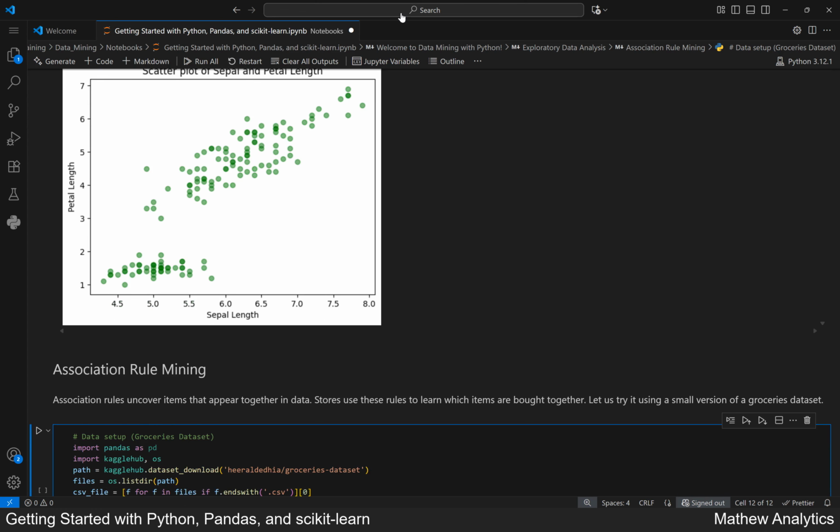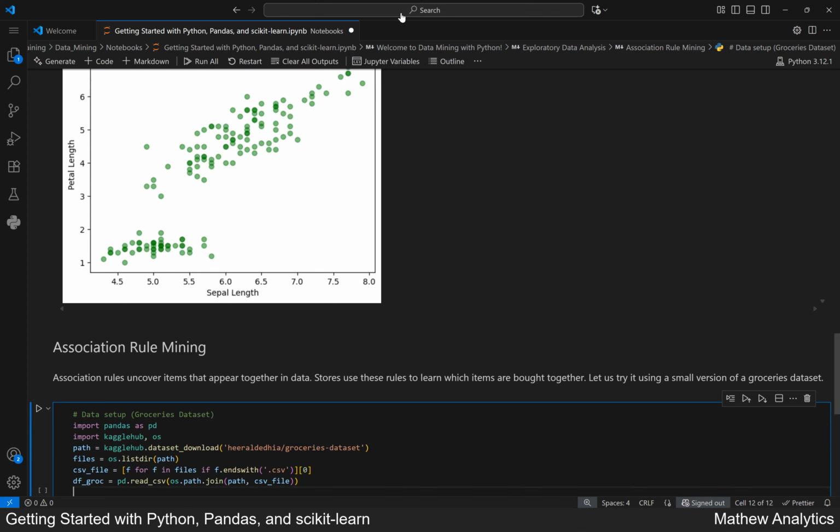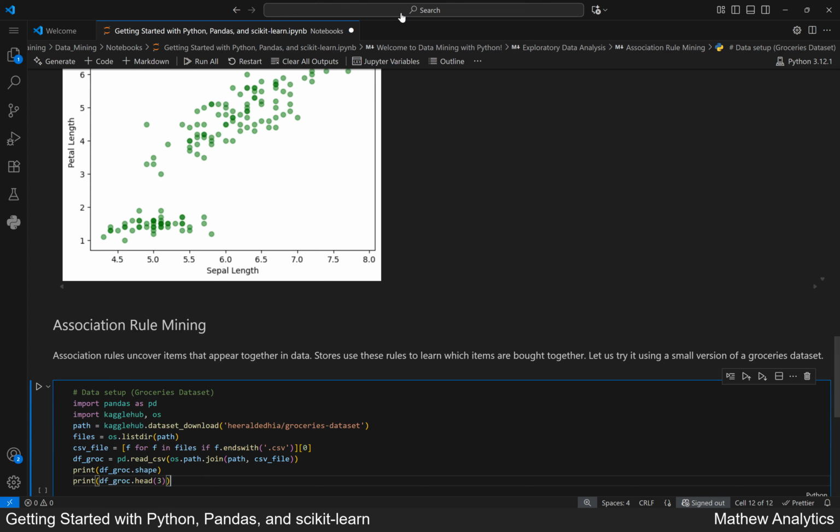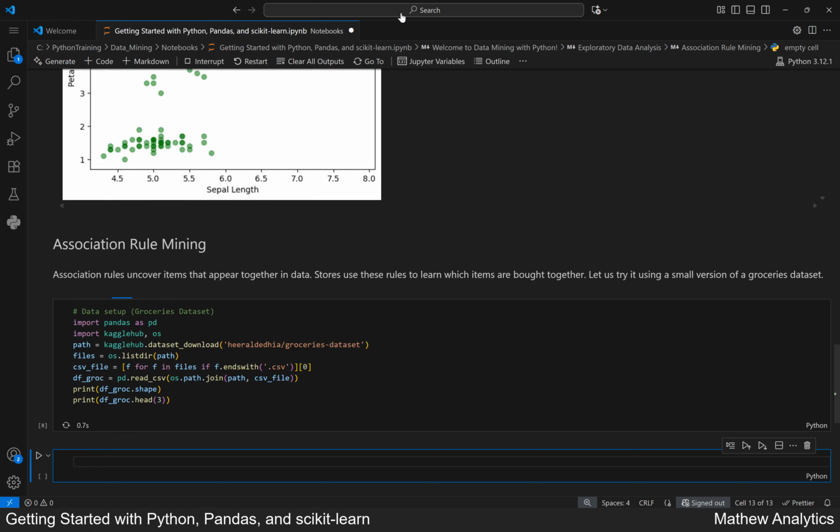We load the CSV file into a Pandas data frame. We print the shape to see rows and columns. This is a preview of the first few records. Running the cell now. The dataset contains